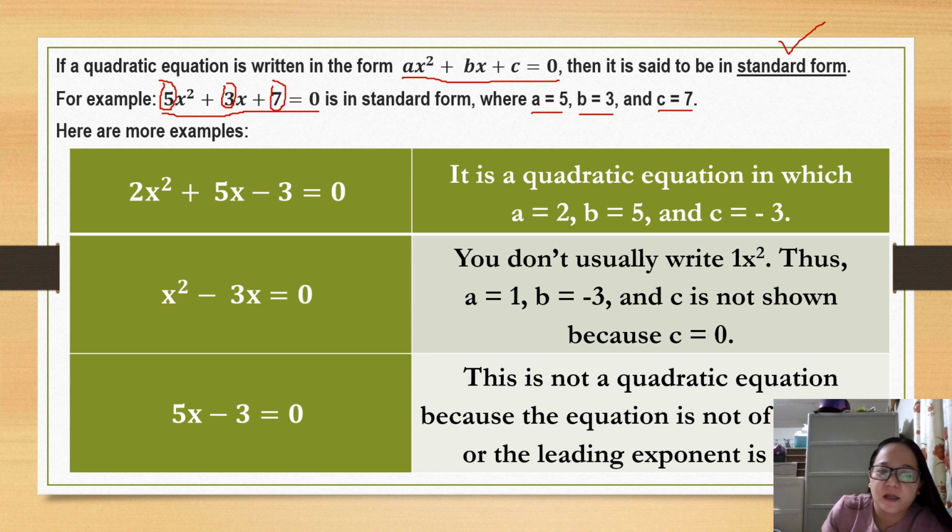Another example, 2x squared plus 5x minus 3 is equal to 0. It is a quadratic equation wherein a is equal to 2, b is equal to 5, and c is equal to negative 3. Another example of a quadratic equation, we have x squared minus 3x is equal to 0. We don't usually write 1x squared. Therefore, we don't usually write 1 here. But it is understood that